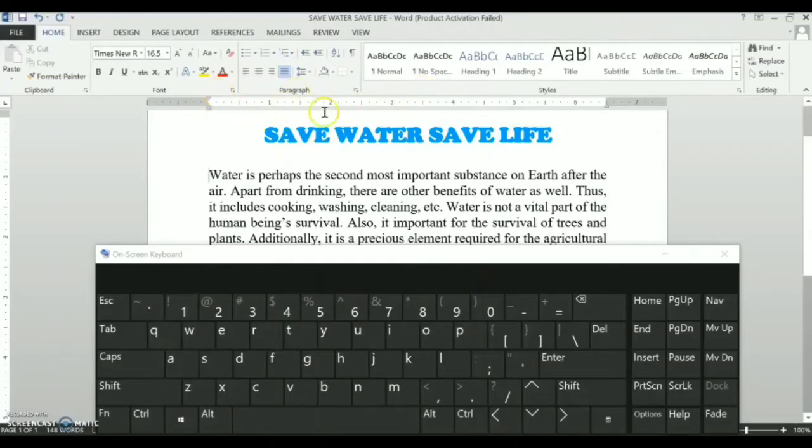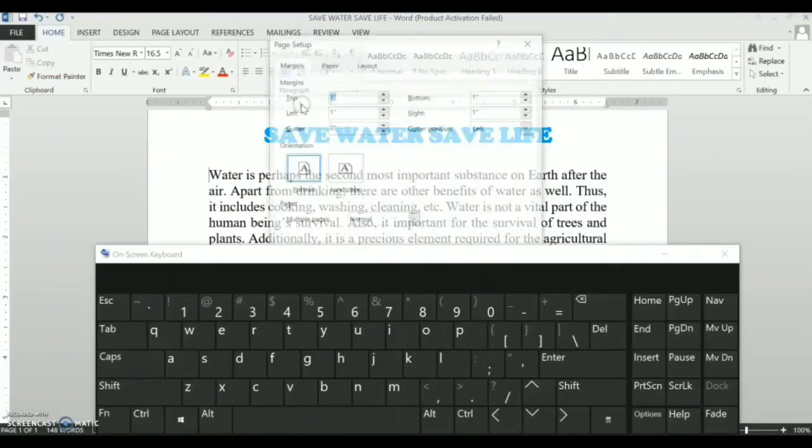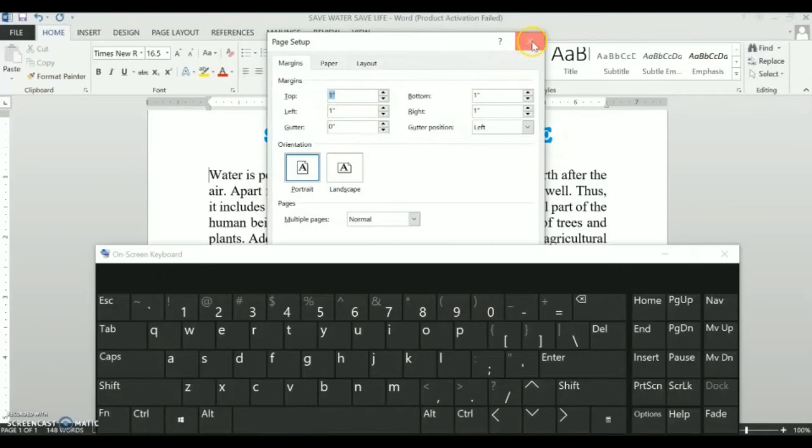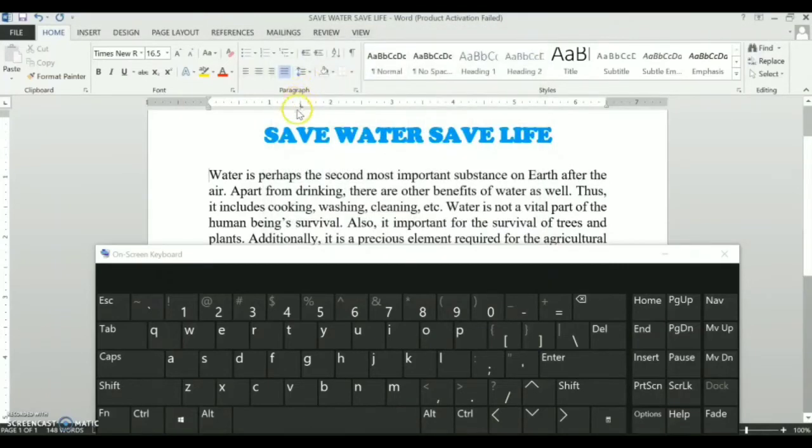Now the second method is by clicking on the ruler. See, click there. This is nothing but the tab selector button. Now my tab is set at 1.5 inch. Now I am pressing the tab key.